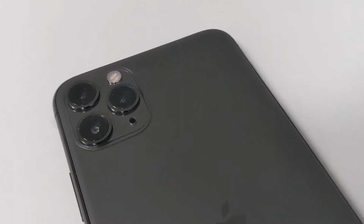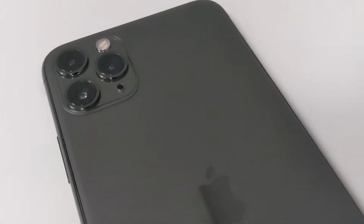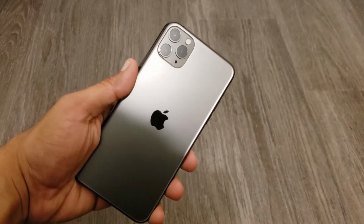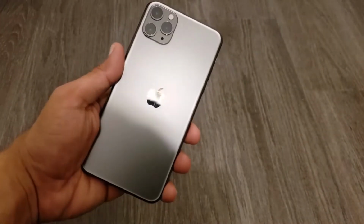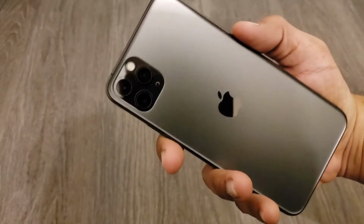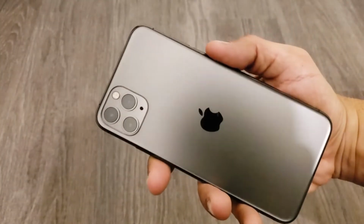Turning our attention over to the iPhone, this year Apple has implemented a frosted matte finished glass on the back, giving the phone a really sleek look. Apple has used stainless steel instead of aluminum for their frame, which is tougher and feels good to hold. The polished steel finish matches the space gray color, and the way the frame integrates with the glass really brings